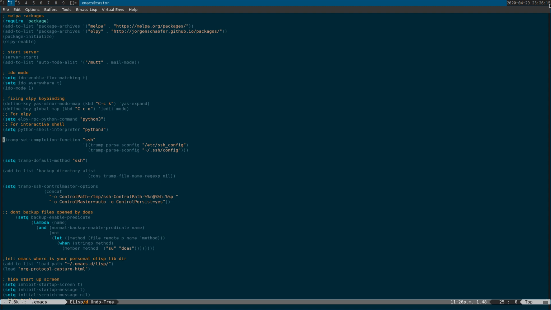You can also use Tramp over SSH, so you can edit a file on a remote machine. So this is the setting for Tramp. Basically what you do is you tell Tramp where your SSH config files are, and this is your local config file. And what I then do is set tramp-default-method to SSH, and what we've got here is some options that